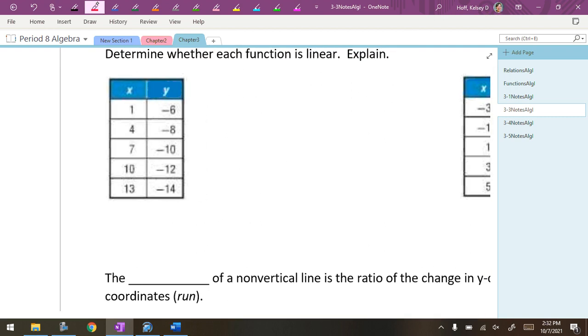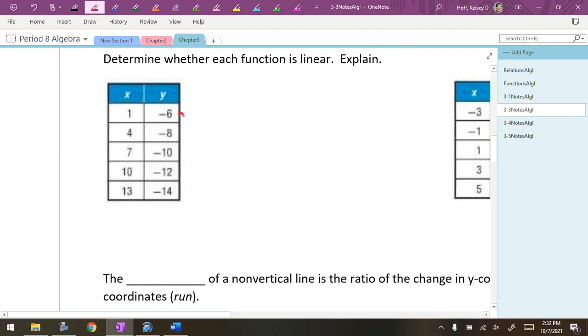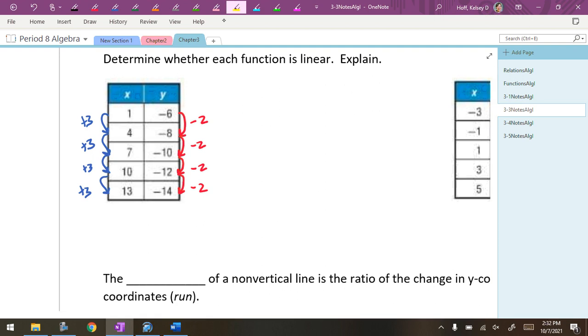We take the first one. What is my change from -6 to -8? And -8 to -10? -10 to -12? -12 to -14? And the other side. 1 to 4? 4 to 7? Plus 3? 7 to 10? And 10 to 13? Now you have to show me every single fraction setup,